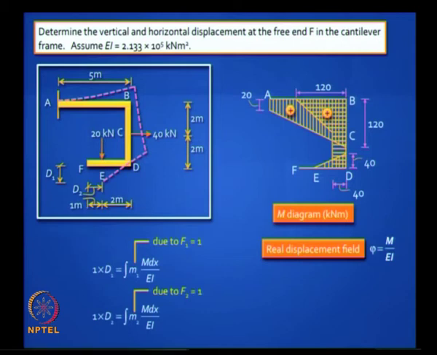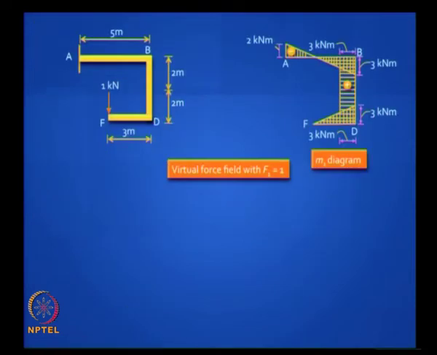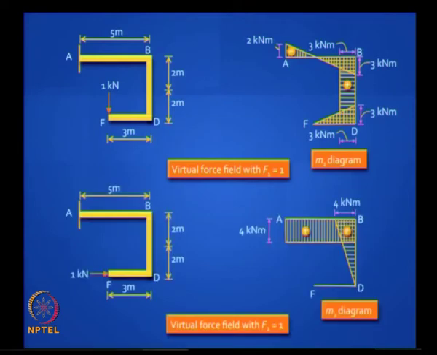and the formulas to get D1 and D2 emerge from the unit load method. So first, to find M1, you apply F1 equal to 1, you need to draw correctly the small m1 diagram, which is caused by the unit load. It is a virtual force field, and to get M2, you have to apply F2 equal to 1, you get another diagram. Once you have got these two diagrams and you have got the capital M diagram, it is a question of integrating, but you will find it is much easier to do the area multiplication using the volume integral.